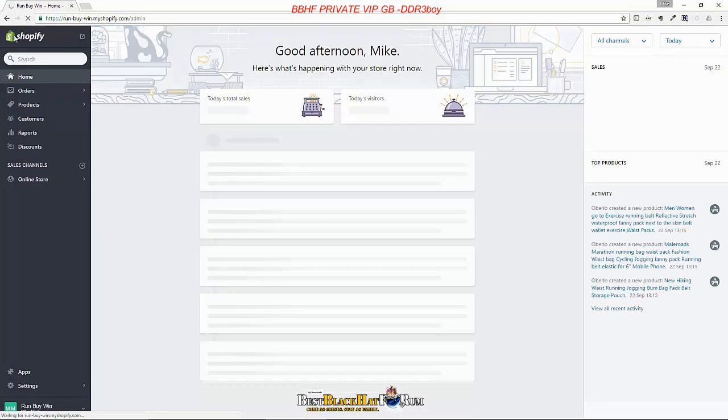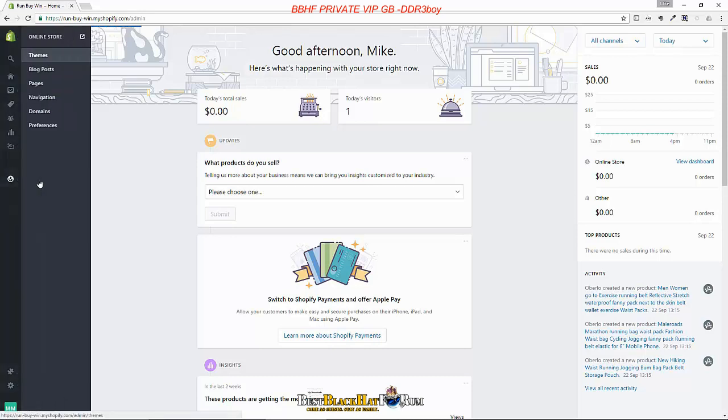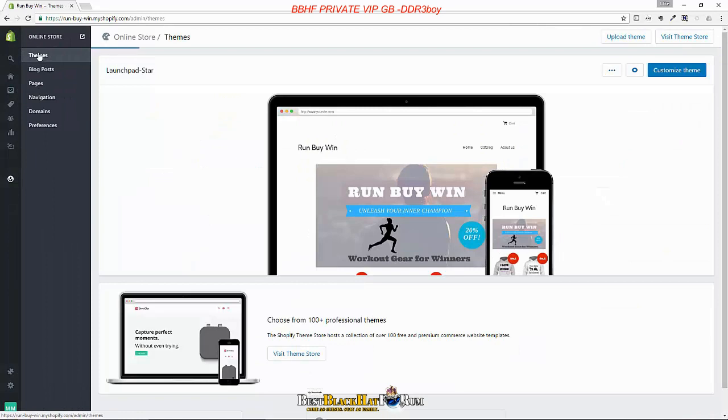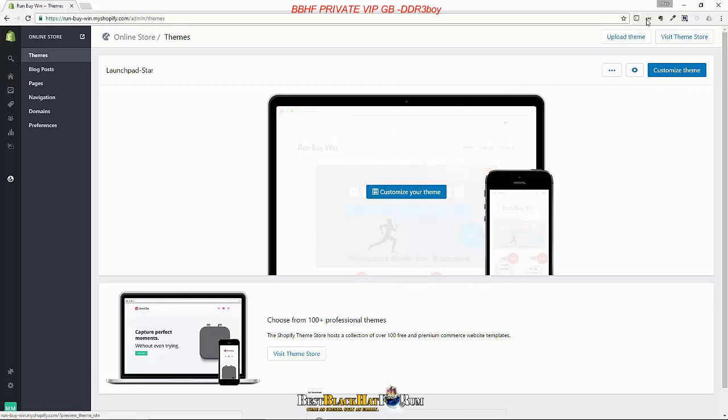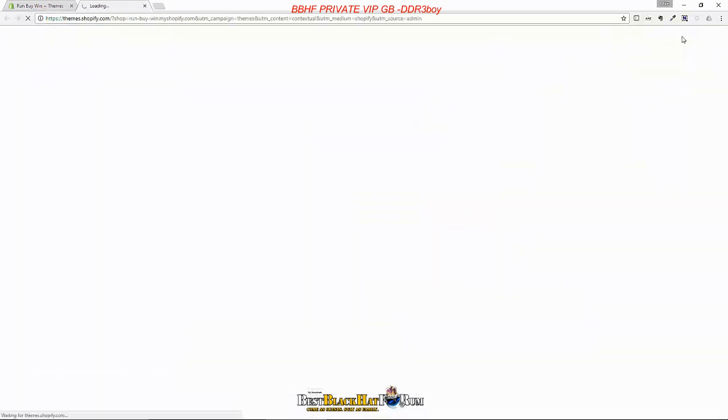If we're at Shopify, when you log in, you're going to see this sort of dashboard. And remember, we're on our store from scratch here. And the way you get to the themes is you just click Online Store here in the menu. And then you click Themes. Well, it should already be clicked. And you want to choose a different theme than what they have here. The theme that I recommend, if you click Visit the Theme Store,